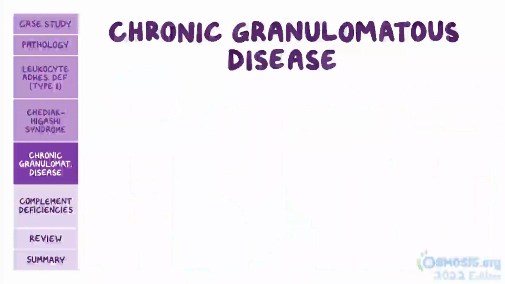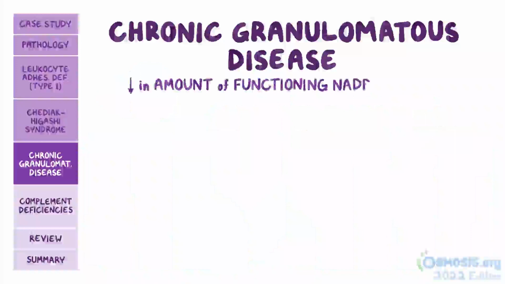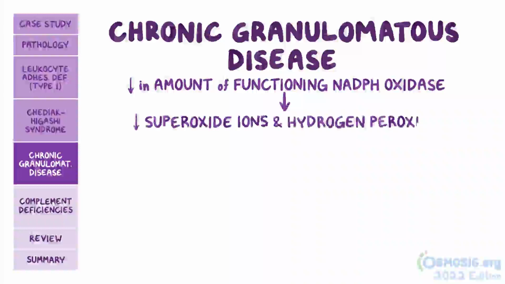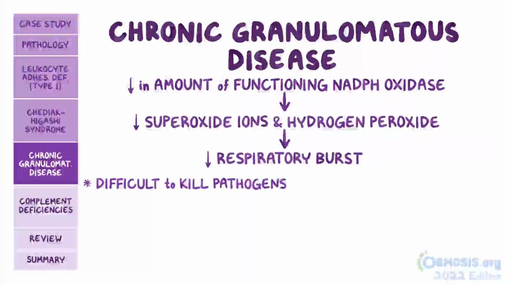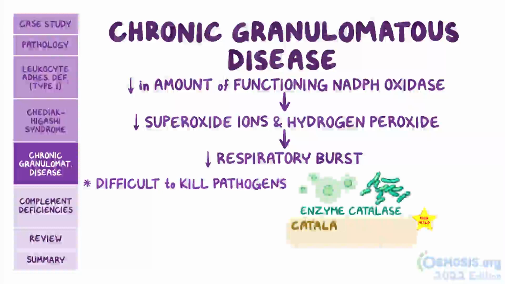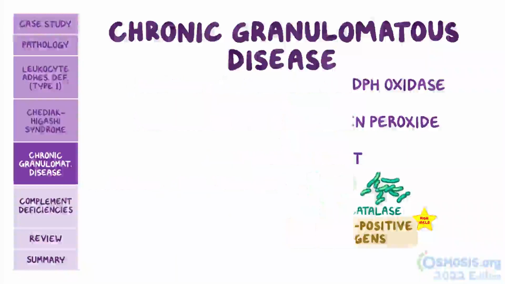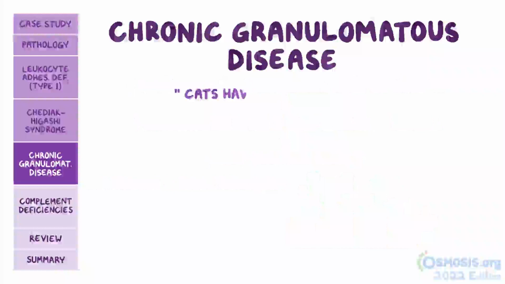Now, in chronic granulomatous disease, there's a decrease in the amount of functioning NADPH oxidase, so there's less superoxide ions and hydrogen peroxide, resulting in a weaker respiratory burst. This makes it difficult to kill certain pathogens, specifically fungi and bacteria that have an enzyme called catalase, and are therefore called catalase-positive pathogens. To help you remember these pathogens, remember the mnemonic "Cats have been places," which stands for